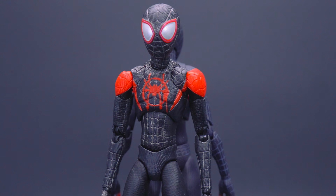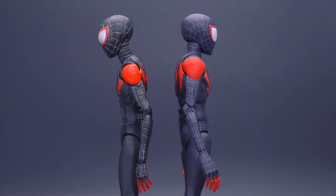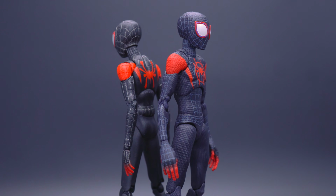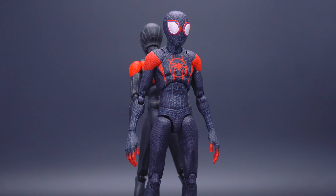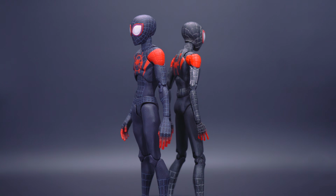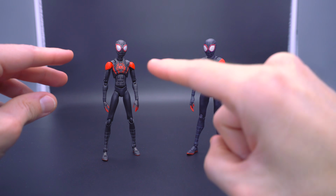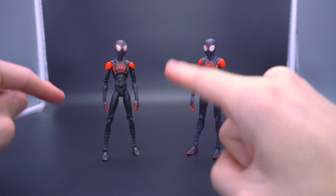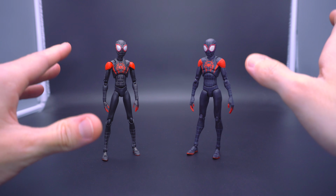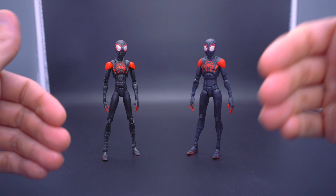one another. And as such, this is going to be strictly a comparison, not so much a review of each individual figure. So I'm not going to break down every single little detail, joint, articulation, accessory, etc. I'm just going to cover as much broad strokes as possible as far as the things that really stood out to me. Plus, I technically already reviewed the Mafex Into the Spider-Verse Miles Morales in his own separate video. Granted, this is back in the day where I didn't really have this whole setup with the camera, the lights,